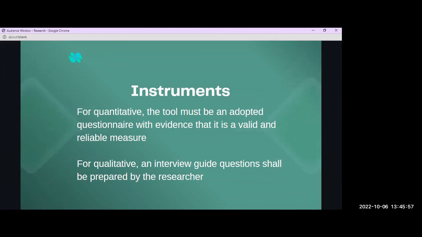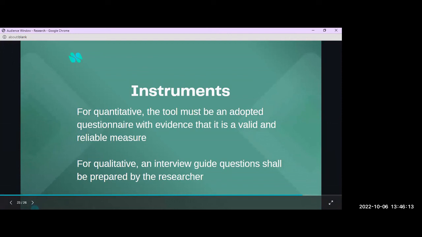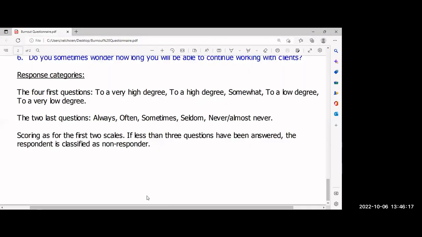Unlike in the quantitative, you have tools. Okay, kung laboratory, meron mga device, equipments to gather data. Kung survey naman, you have questionnaire to gather data from the respondents. So, ang gagawin mo sa instrument portion, you have to write the tool. Okay, hindi pala ito. You have to write